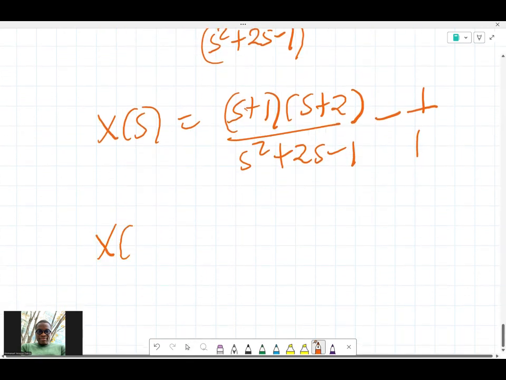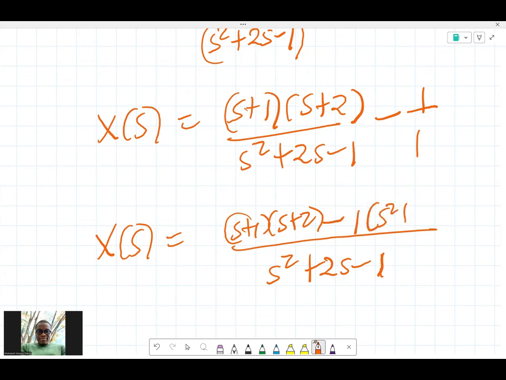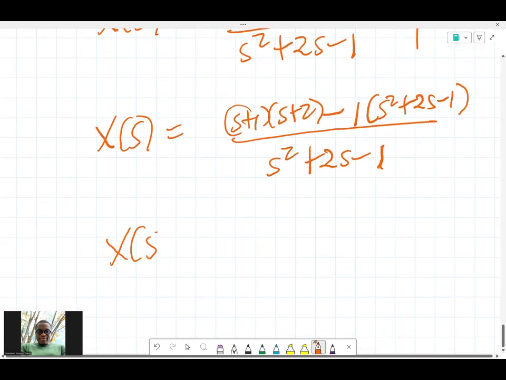So x of s equals, the LCM is s squared plus 2s minus 1, okay. So that'll be s plus 1 into s plus 2, minus 1 into s squared plus 2s minus 1. So x of s is equal to